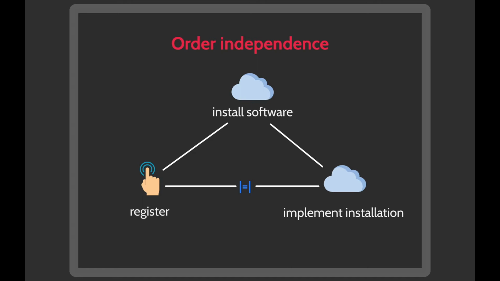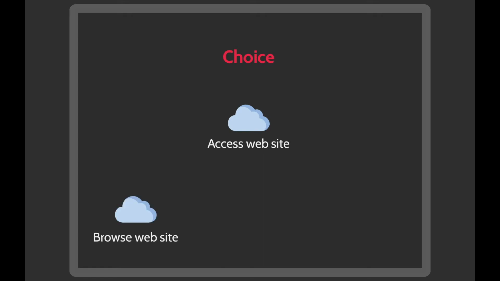Our second temporal relationship is choice. You can execute two or more tasks, but once one has started, the other one is no longer enabled. It's one or the other, not both together. Make sure that the tasks that the user has to choose from have an interaction task to start with. Otherwise, the user will not be able to make the choice in the user interface later on. For example, accessing a website is decomposed into either browse the website or access some information. So if you are browsing, you cannot access some information anymore.